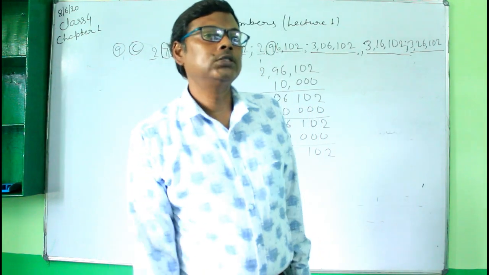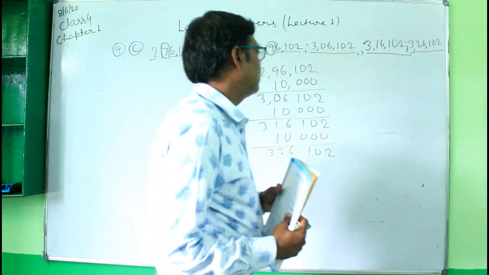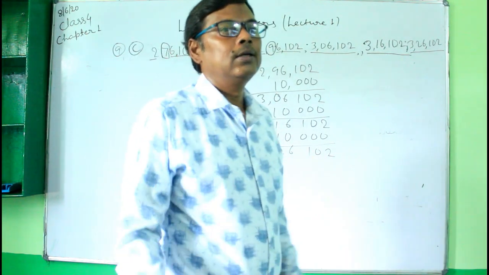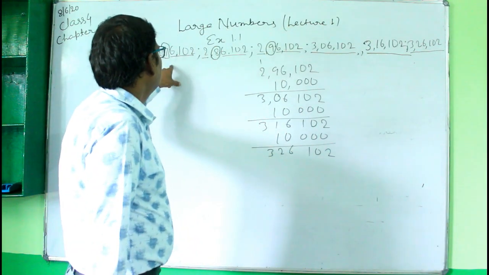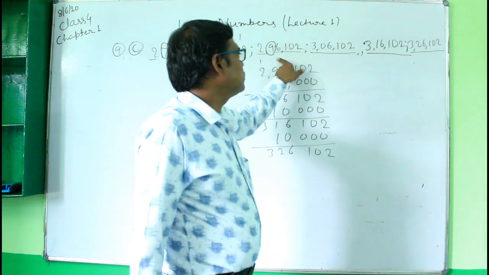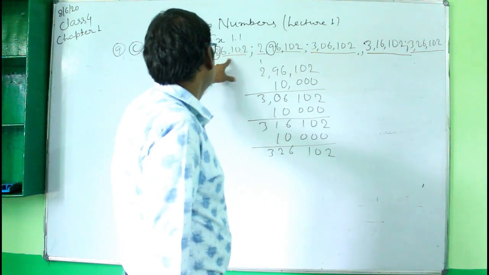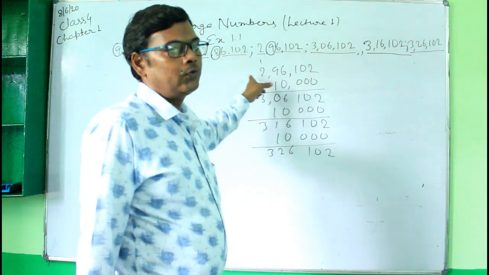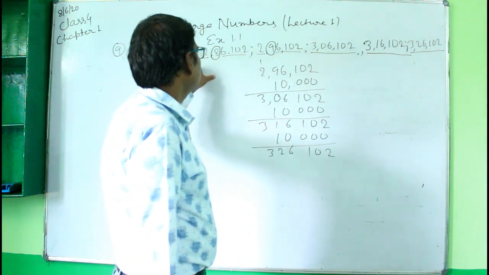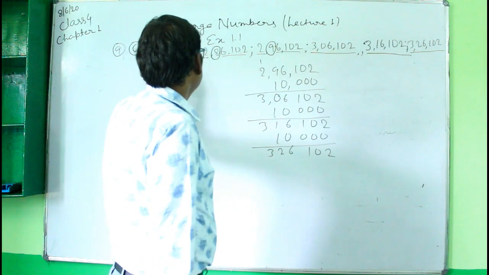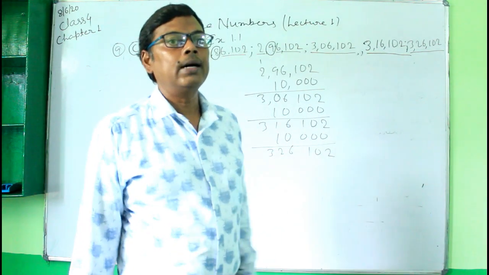These are the consecutive numbers. That is the number just after the previous number. They are called consecutive because we are not skipping any step here. So in this case also, in question number 9C, all these numbers are consecutive numbers, because we are not skipping any number. After this number it will be this number. If you add 10,000 you will get this number, not this. So when you skip, that will be wrong. So you can say all these are consecutive numbers, and this is called counting by 10,000.